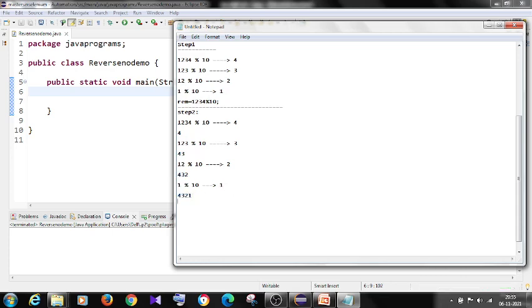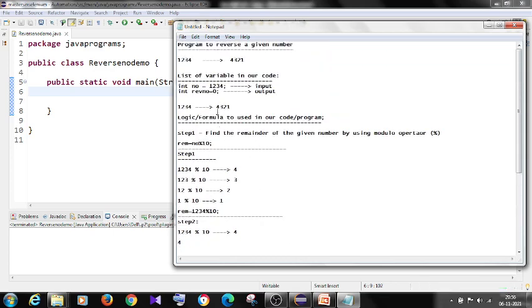So what logic do I have to use? Remember, here I say rev num equal to rev num times 10 plus remainder. So this logic I need to implement. How will it work?